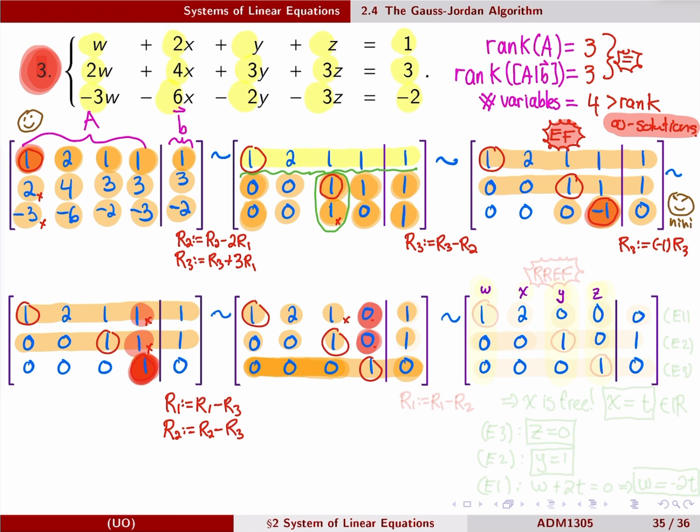I need one more elimination to get rid of the 1 on top of the middle pivot. So I'm going to go row 1 becomes row 1 minus row 2. Now what will happen? Again, I'm not changing the last 2 rows, so I like to rewrite these rows